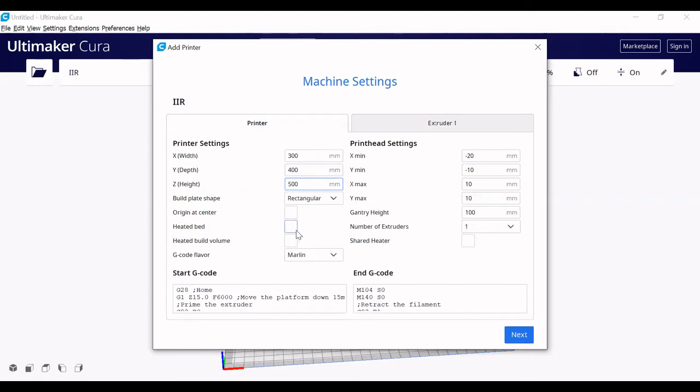Then it will ask whether it is a heated bed or not. It depends upon the printer we have purchased and what data is given in the specification. Everything will differ printer by printer. Unless we know the specification of the particular printer, we cannot say. If it is a standard printer, everyone can say. If it is an Ultimaker or a Stratasys, everyone can say what the settings are.